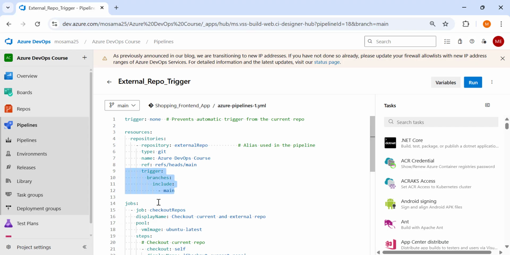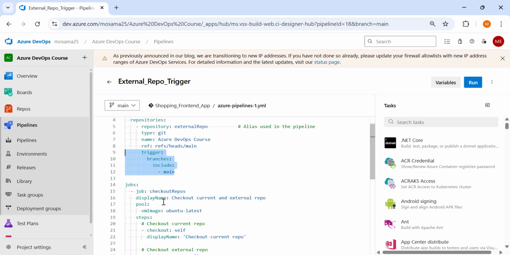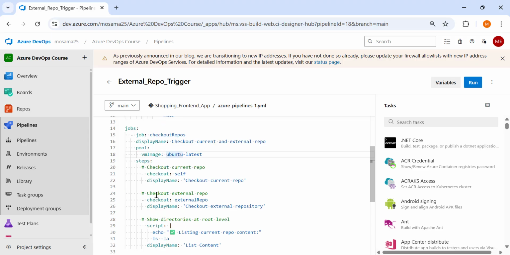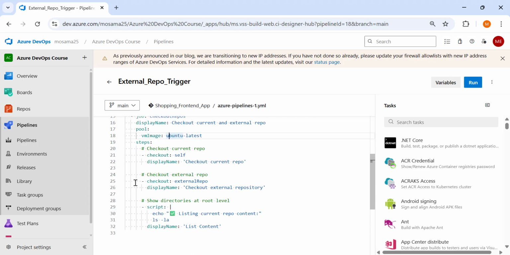Also, we can check out this repo, so we can use it inside our pipeline. To check out the repo, we write dash checkout and the alias name we have defined above. So now we have pulled the external repo, and we can use it in our pipeline.